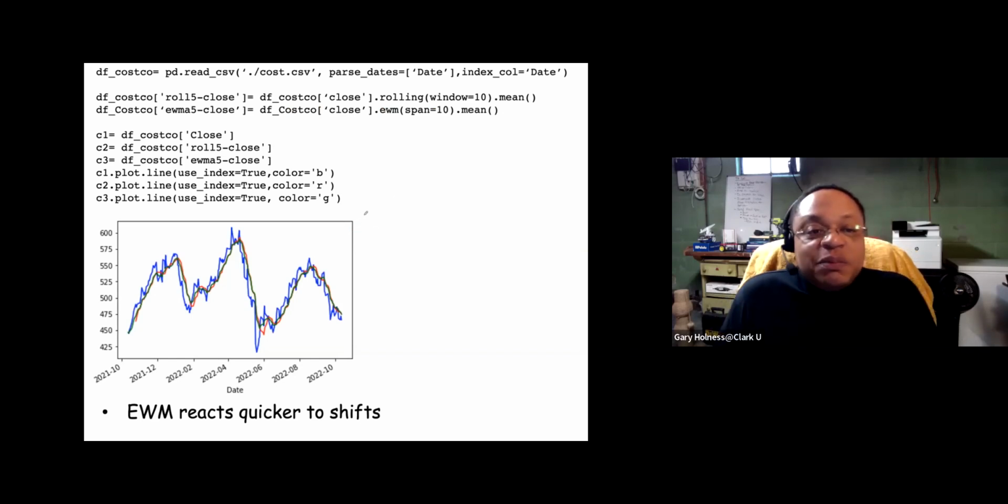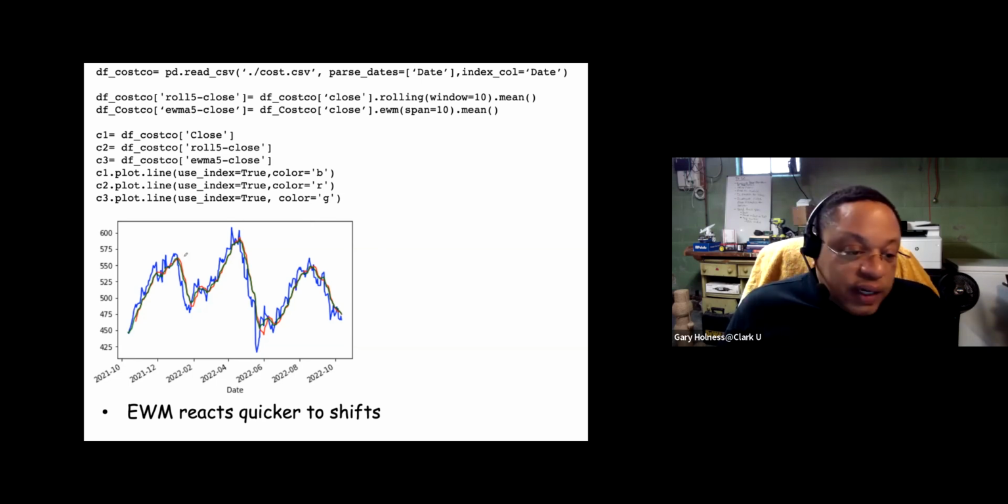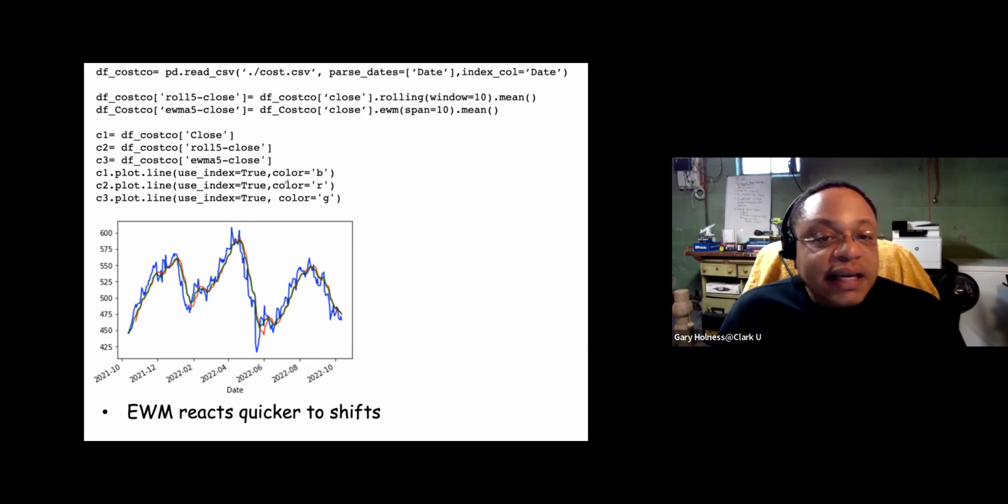And we had some examples in Python. We're going to spend most of our time in the Jupyter Notebook. And we showed the impact of different types of smoothing. We had the rolling average, and we had the UMA smoothing alongside the unmodified graph. And so we brought in the CSV file. In this particular example, it's Costco. And we computed those three versions, the unadulterated version of our time series, reported as the closing price column from our data frame. And then we have the rolling average of that same closing price. And then we have the UMA version.